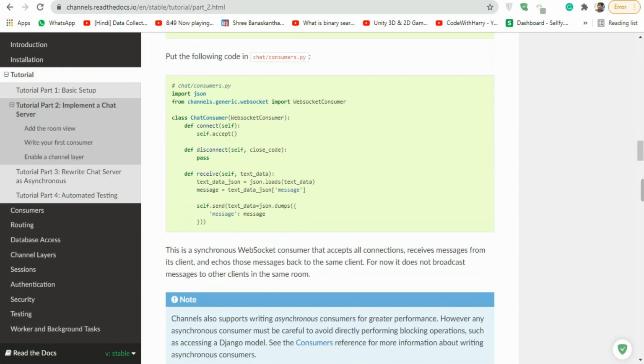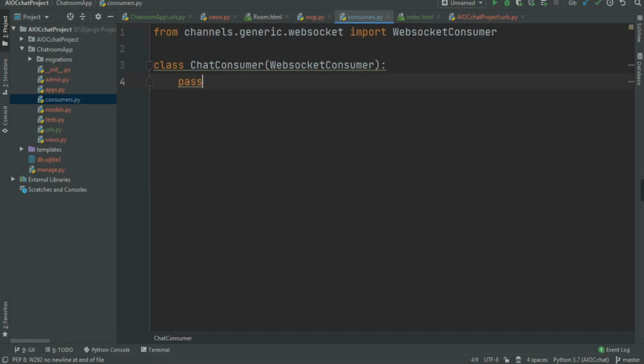In the receive, we are going to take the data and print that message whatever the user wrote and send that message to all of the users. This is as simple as eating a burger. But for now, I'm not going to do anything. Simply I'm going to create a class named ChatConsumer in the consumers.py.